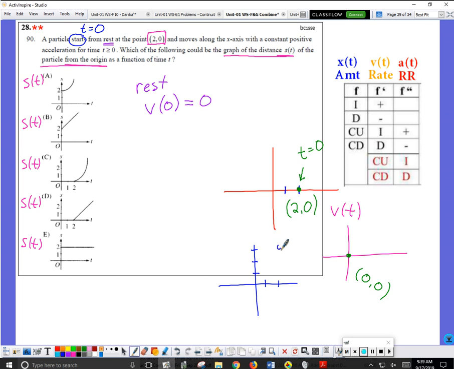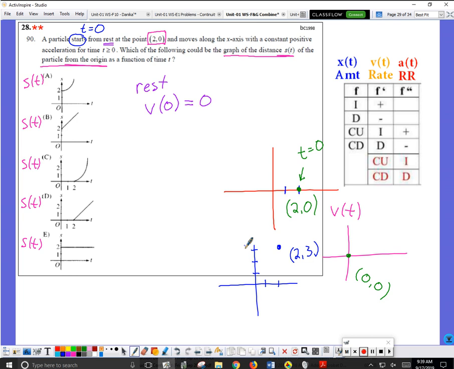So that would put the particle here. And then the particle moves back and forth like this. So that's all they're saying. 2 points for Lauren. Anybody else? Okay, so